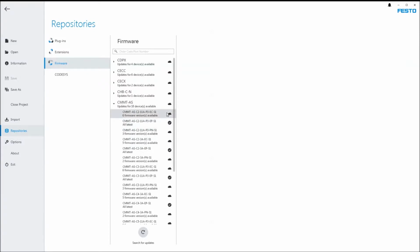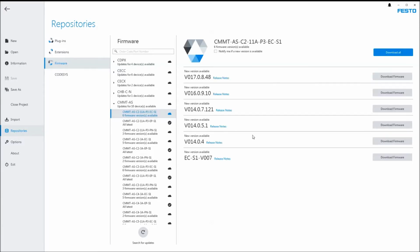So this is what I was talking about, the cloud. For this particular controller, there are these firmware available, and you come over here and click on download. I like the other way because the other way determines the controller you have and everything already for you, and then it downloads the appropriate firmware and then installs it. It's kind of like all in one button. Okay, so